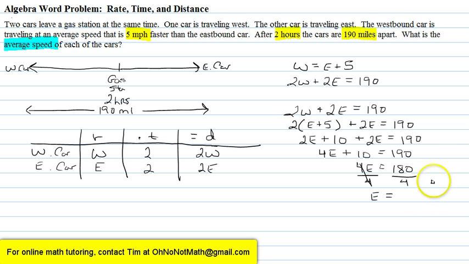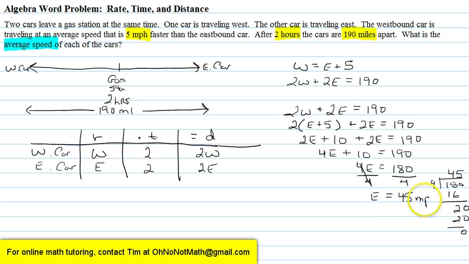We have 4 into 180. 4 goes into 18 4 times. 4 times 4 is 16. 18 minus 16 is 2. Bring down the 0. 4 goes into 20 5 times. 5 times 4 is 20, with a remainder of 0. So our E equals 45